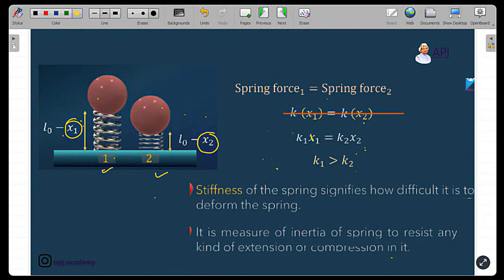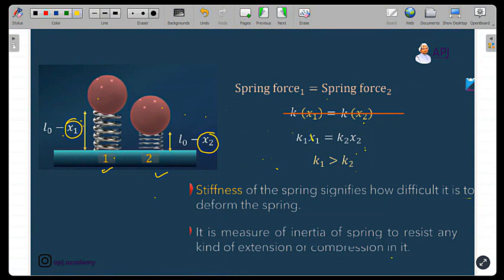तुम इसका मतलब क्या कंक्लूड करोगे? आप इससे ये कंक्लूड करोगे कि इनके स्प्रिंग कांस्टेंट्स डिफरेंट हैं, और डिफरेंट में भी कैसे डिफरेंट हैं, स्प्रिंग कांस्टेंट स्प्रिंग 1 का ज्यादा है, इसीलिए सेम फोर्स लगाने पे वो कम दबी क्योंकि उसका स्प्रिंग कांस्टेंट ज्यादा था, ठीक है। तो स्प्रिंग कांस्टेंट ज्यादा से क्या होता है, आप कम डिफॉर्मेशन में भी सेम फोर्स लगा सकते हो, जिससे आप स्प्रिंग को वापस ला पाओ उसकी ओरिजिनल स्टेट पे।